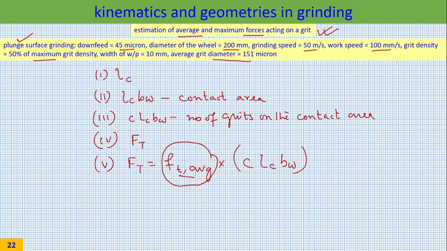Now there is a catch. How do you get C? C has been given as 50% of C max. And how do you get C max? C max and DG are related. DG is given as 150 micron. So from that, you can calculate C. So I would take rest and you have to start calculating this. One more thing, as nothing has been mentioned, you take LC equal to LG. Though I have mentioned that in finish form grinding LC equals 2G, for the time being, as nothing has been mentioned, you use LC equal to LG. So please solve this particular problem.